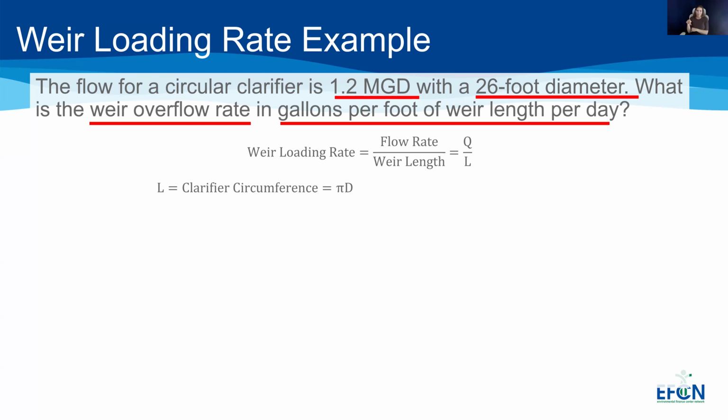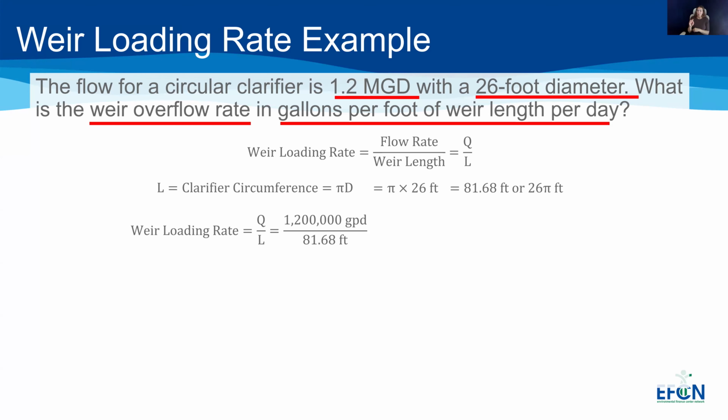So based on that, we can take that 26-foot diameter, because that's what's going to represent the uppercase D. We can plug it into our equation and multiply it by pi, which will equal 81.68 feet, or 26 pi feet. For some of us that like to keep that in the equation and just calculate it later, it could simplify it. So that's why I gave the option to think about both. For our purposes, though, we'll use the 81.68.